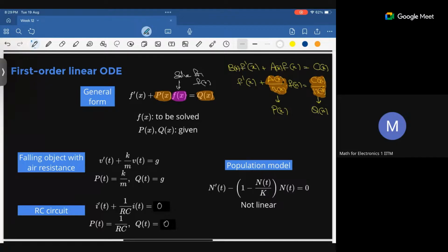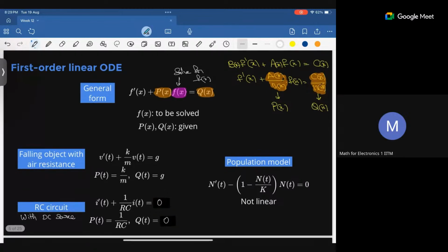Whereas in the RC circuit with DC source, we have the equation I prime of t plus 1 by RC I of t is equal to 0. Here also you can compare it with the general form. You can see p of t, which is the coefficient for I of t, is 1 by RC, and q of t is nothing but the right hand side of the equation, which is 0. Once we have this p of t and q of t, it's easier for us to solve these